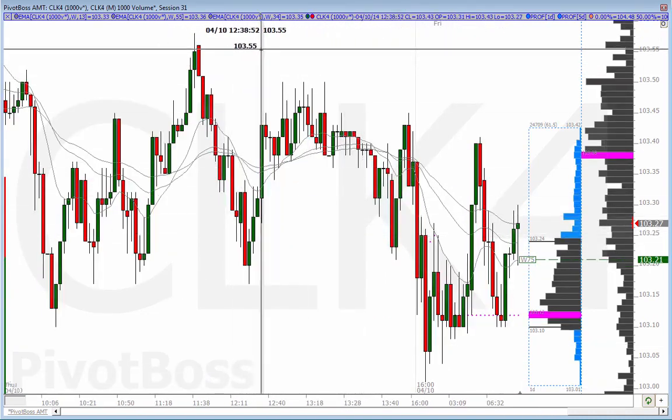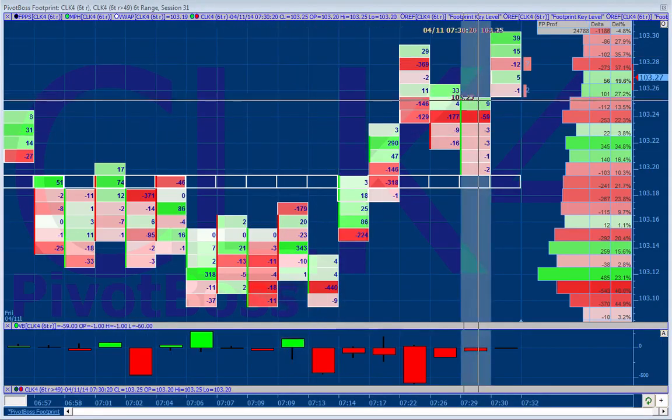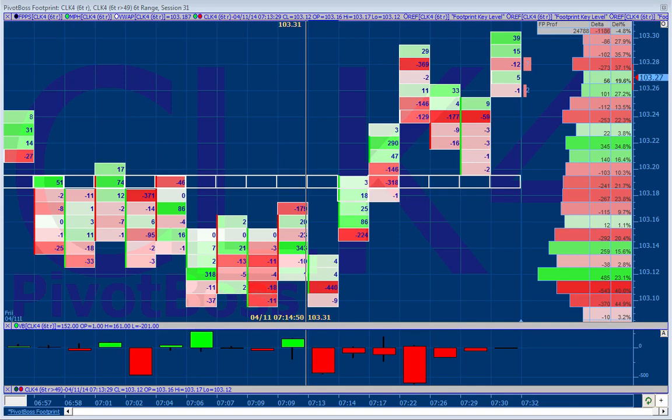So what we're going to do right now is watch the footprint chart and just watch it play out. I'm using the playback feature. Every 1 second that plays by in your chart is going to be 5 minutes of actual trading activity. So it's going to be sped up quite a bit, but we're still going to be able to see how price responds. And I'm going to pause it and talk about certain scenarios and discuss. So let's go ahead and get started.